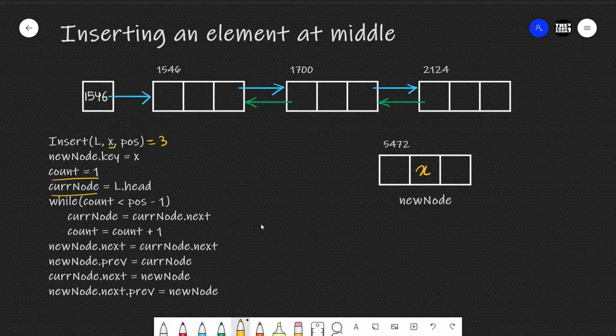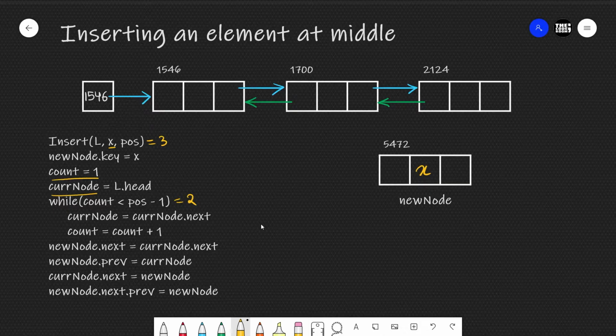So to get the address of the node after which insertion has to be performed, we use a while loop. This while loop runs until count is equals to position minus 1. So here in this example, this while loop would run until count is equals to 2. In this while loop, we move to the next node by assigning the address stored in the next pointer of the current node back to the current node.